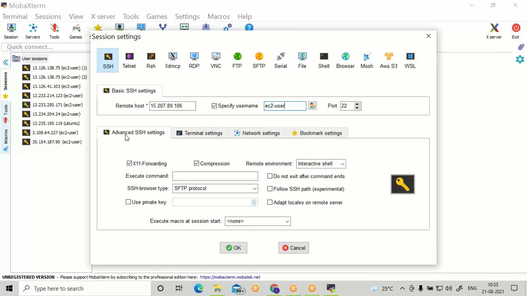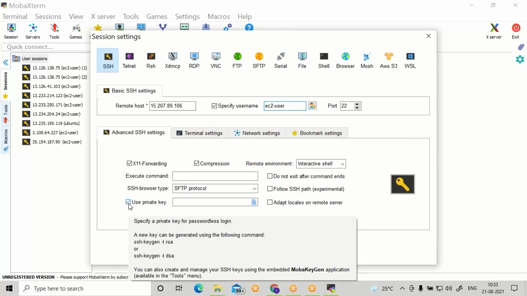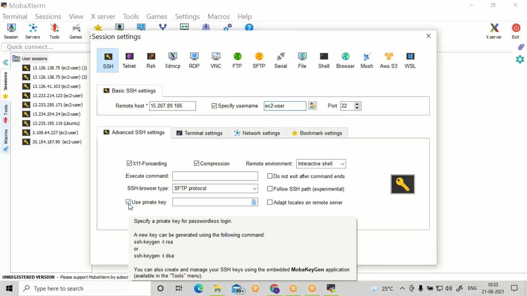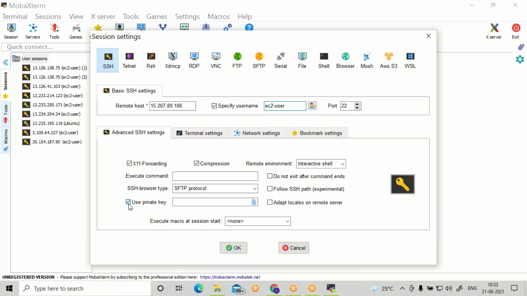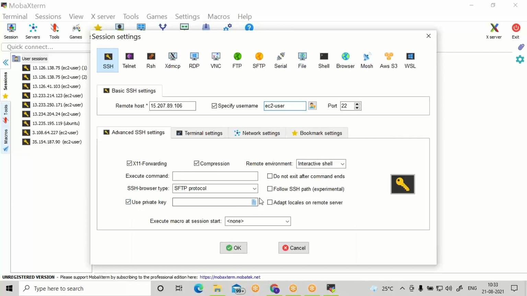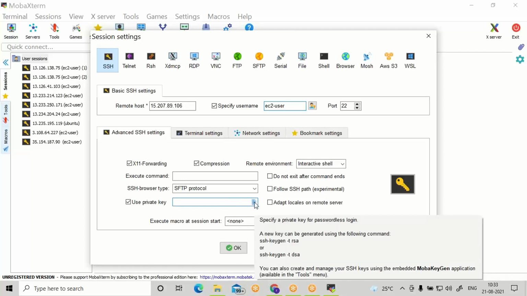Click on advanced SSH settings. In this advanced section, the last option you can see is Use private key. Check Use private key. Here there is a browse icon. Click on this browse icon.